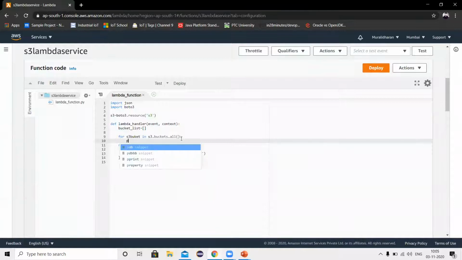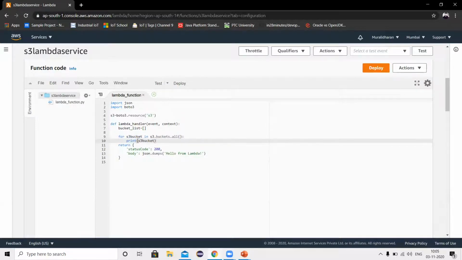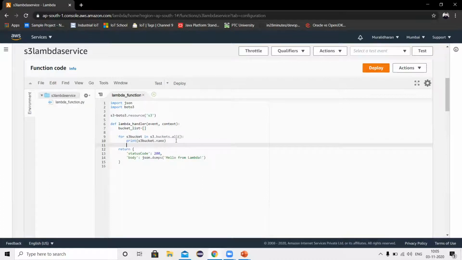Here I'm going to print the S3 bucket names, s3_bucket.name, and again I'm going to append these buckets into my list: bucket_list.append of s3_bucket.name.